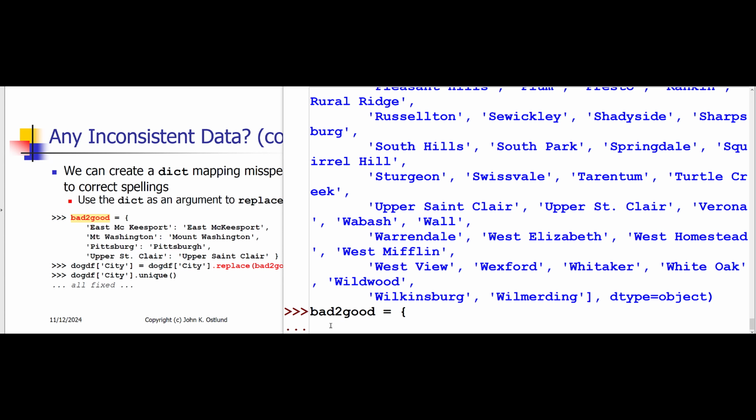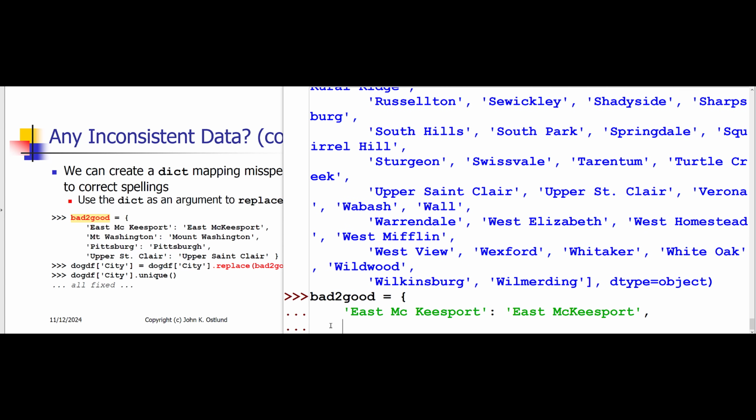All right, so instead of East Mc Keesport, I should have East McKeesport. And then instead of Mount Washington abbreviated, I should have the spelled out Mount Washington. And we'll do the one that I just spotted,